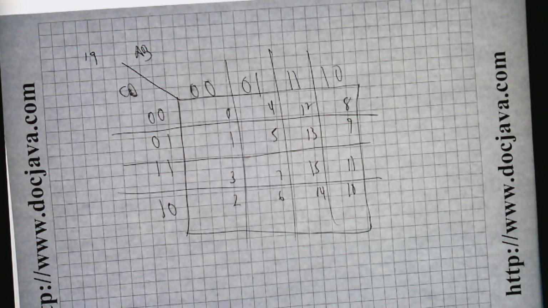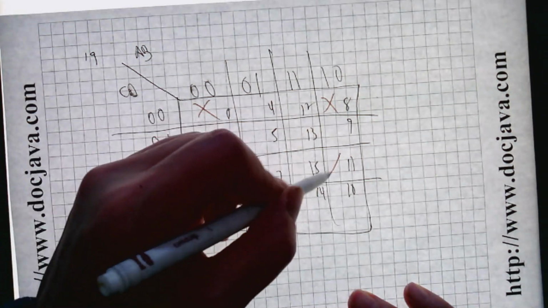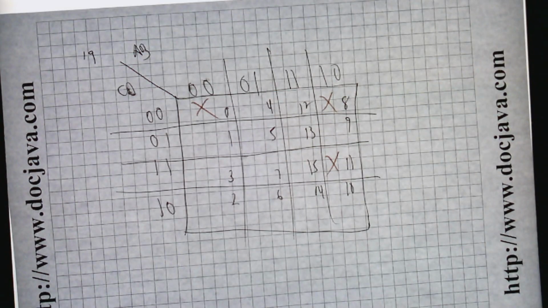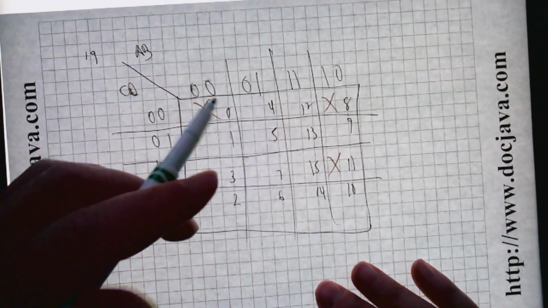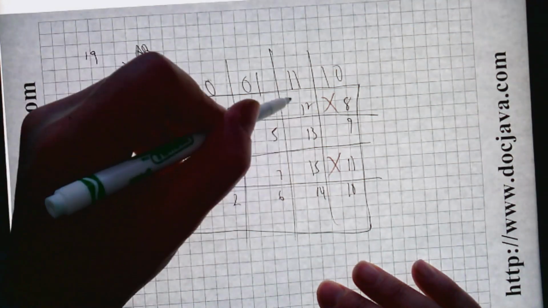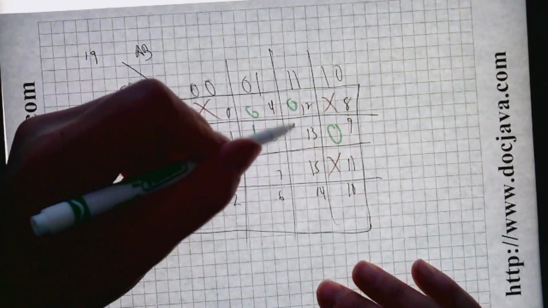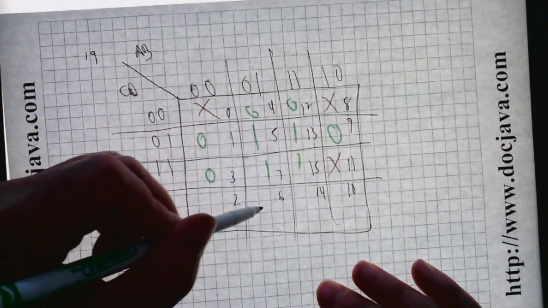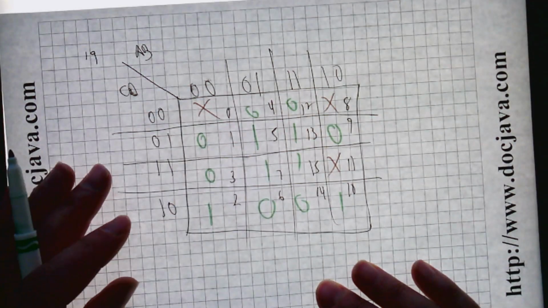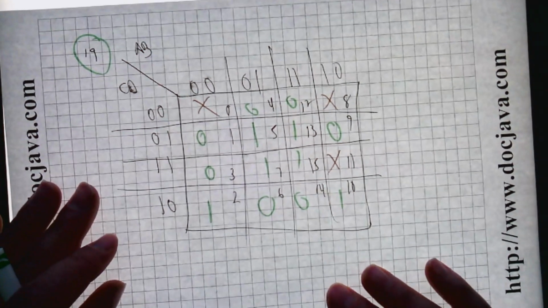Now, let's see if we can put in the don't cares. Don't cares. And then we'll put in the ones and zeros. I'm changing colors. Let's see, these are zeros. There's a 0, and there's more zeros, and all the rest are 1. Oh, there's more zeros, and that's 1. And this is question number 19, as you can see. So,